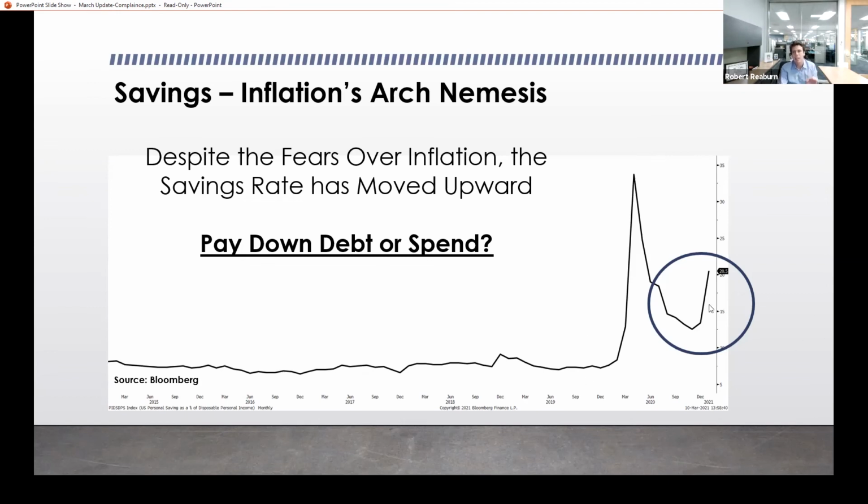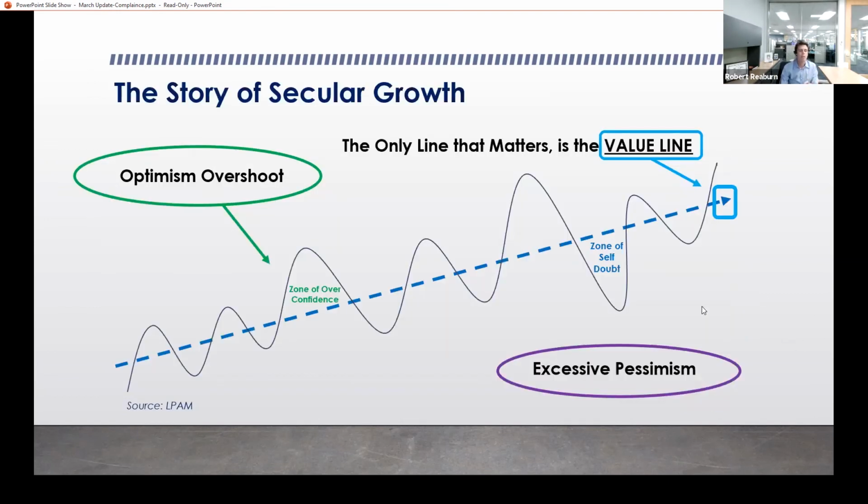We can't get lost in the media firestorm. We've got to stay focused on long-term growth. And I just wanted to remind all of our viewers of the story of secular growth. Over time, we're going to go through zones of overconfidence and zones of self-doubt. But as long as that value line is accruing upward and to the right, at some point, the stock price